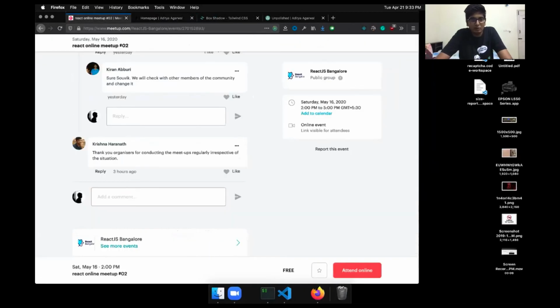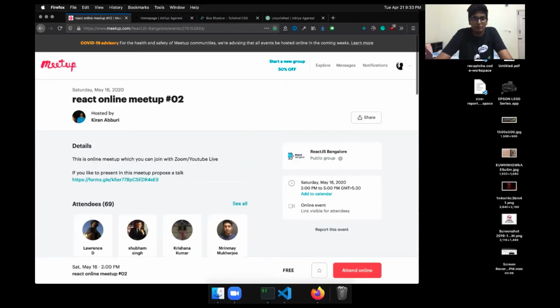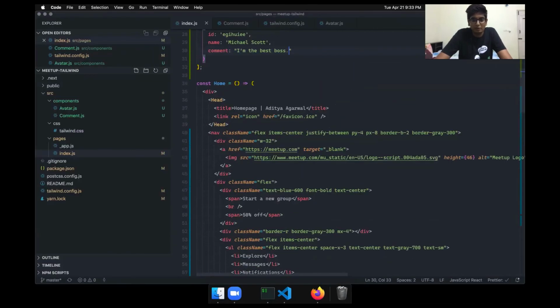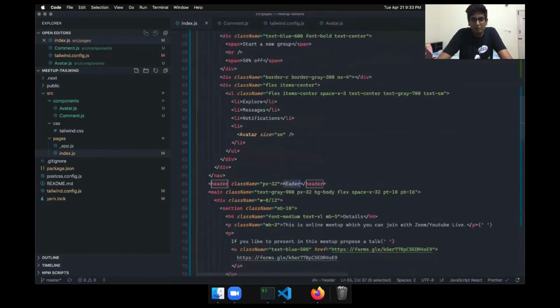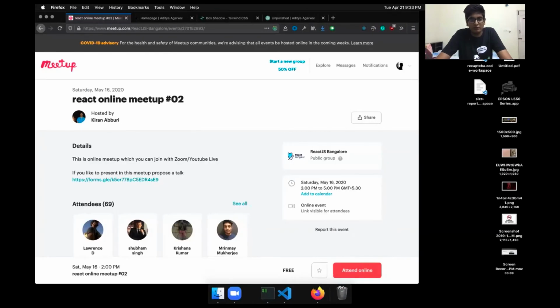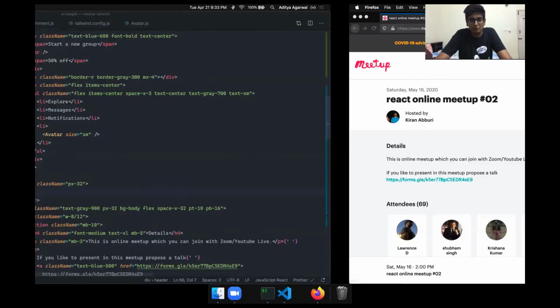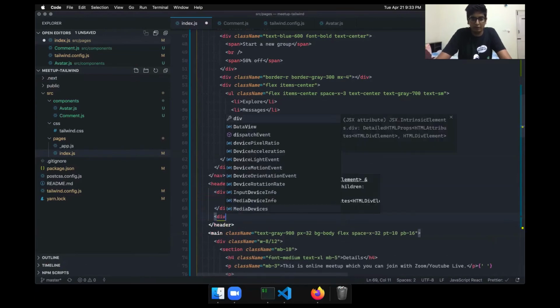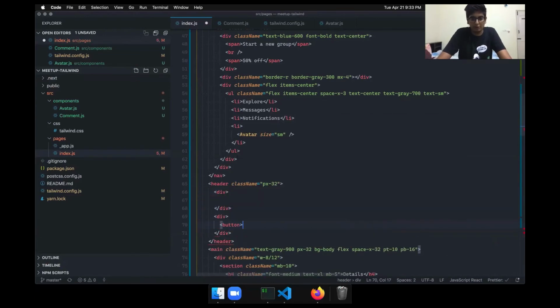Let's do the header now, since we left it. Yeah, let's just do the header. First we have a left section and a right section. So let's make a div here and then make another div there. And this div has a button. The button is called share.